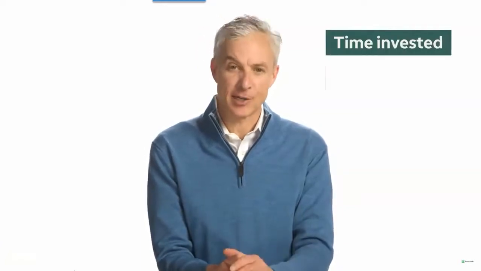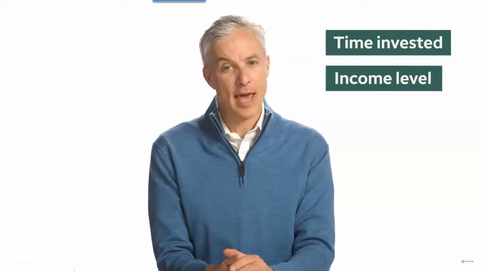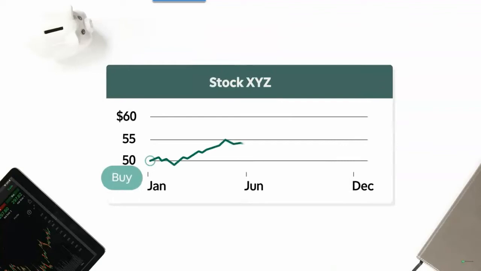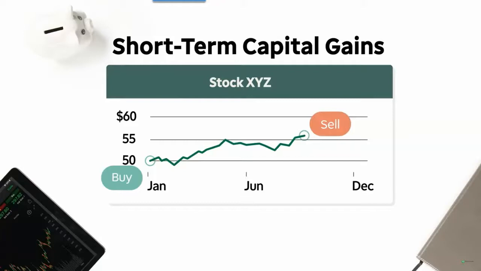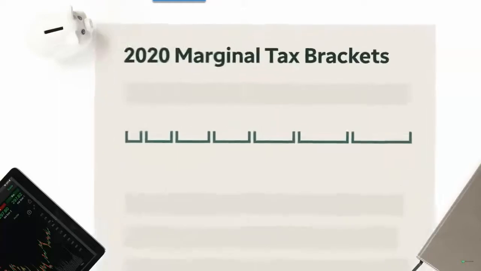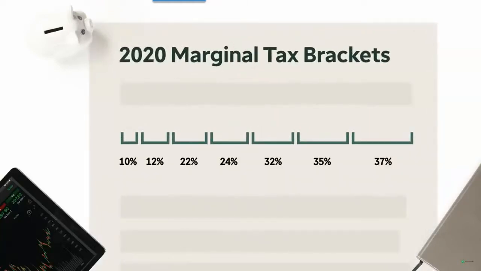So, how much are capital gains taxed? It mainly depends on two factors: how long you held the investment and your income level. There are two types of capital gains: short-term and long-term. Proceeds from investments you sell after holding for a year or less are generally classified as short-term capital gains. They're typically taxed at the same rate as your ordinary income, which is determined by the marginal tax bracket you fall into. For reference, marginal tax rates for the 2020 tax year ranged from 10% to 37%, but rates can change over time, so it's best to check with the IRS for specifics.